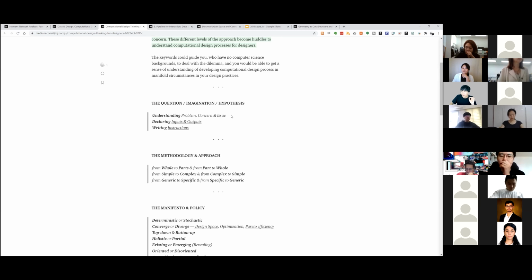I feel like design is also a solvable problem. Maybe this is a creative problem, but you can decompose the design exercise. Then you realize that you can focus on really small problems as the design evolves, okay? So anyhow, we need to understand the problem, what you really want to resolve by computational means. I think this is important.